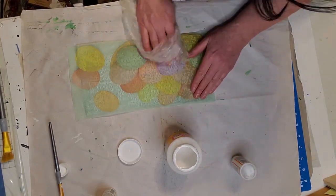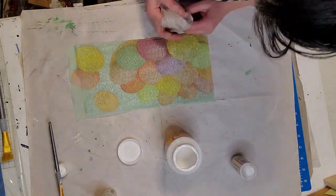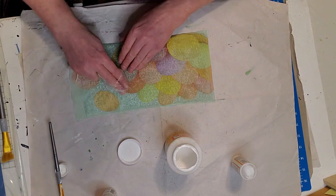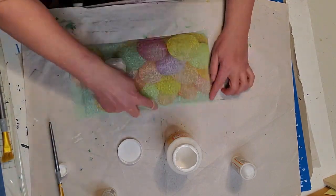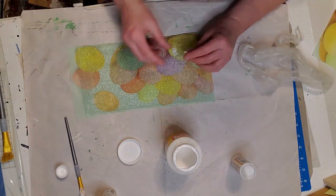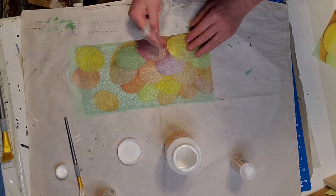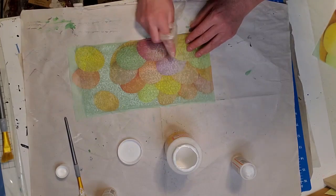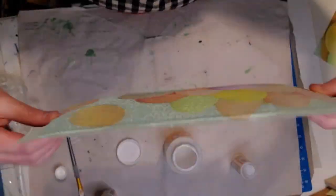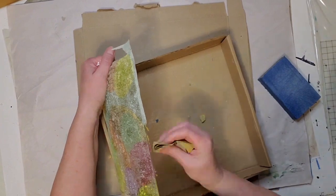So I applied a little bit of Mod Podge on one end, and then I took the napkin and pulled it back, applied the rest of my Mod Podge, and then pulled the napkin right across, and then used my little shower cap there. That's my little disposable shower cap from the Dollar Tree with the really soft plastic, and that works really well. So once that's applied, that's what it looks like with just the glue. So I let that dry,